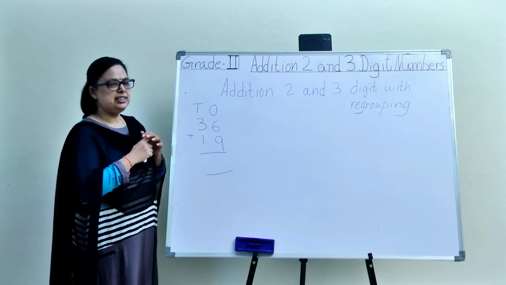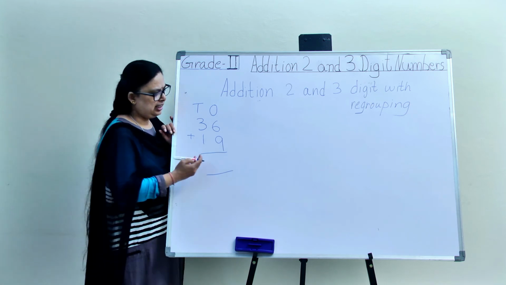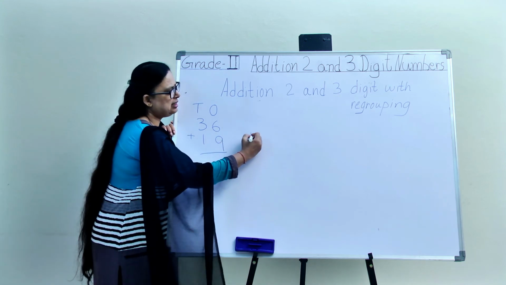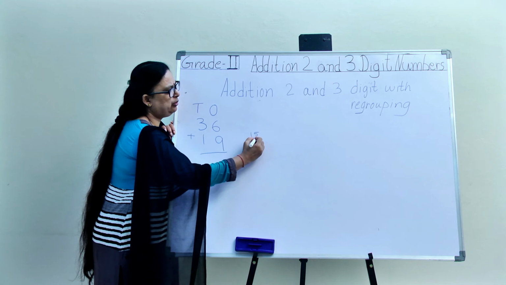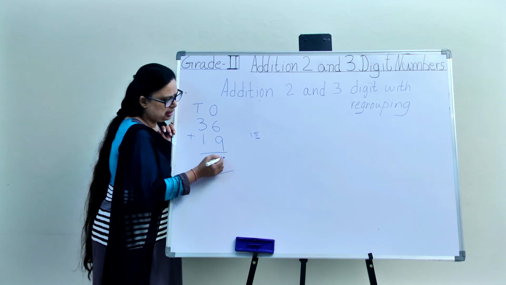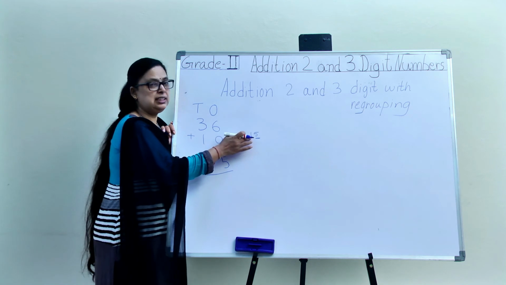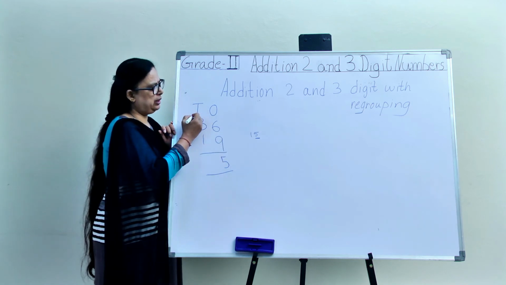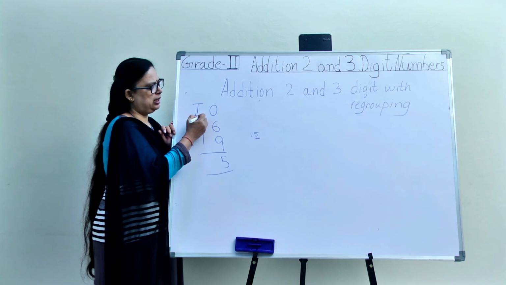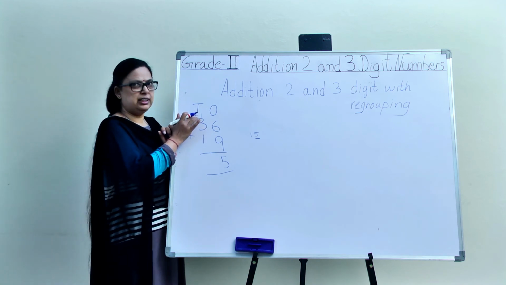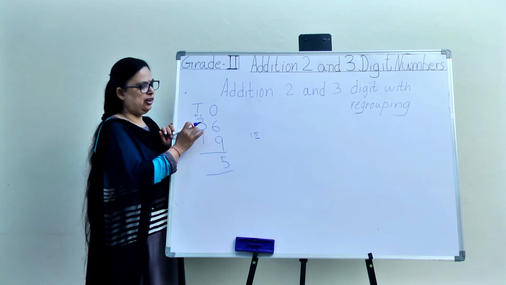Now where will I write this 15? Will I write it over here? Both? No. Look at this answer 15 now. What will we do? This is in the ones place. So let us write this 5 in the ones place and this 1 is in the tens place. So we should write over here plus 1. We are carrying it over here. Okay. Now we will add all these 3 numbers.